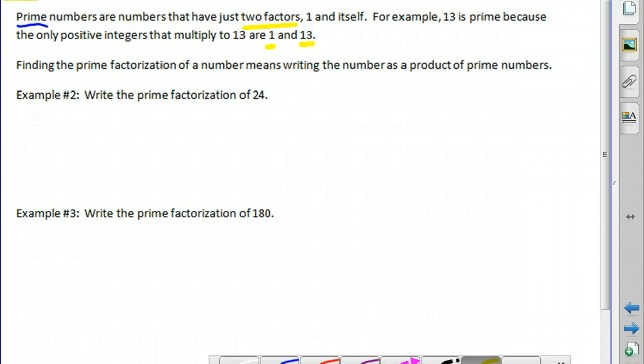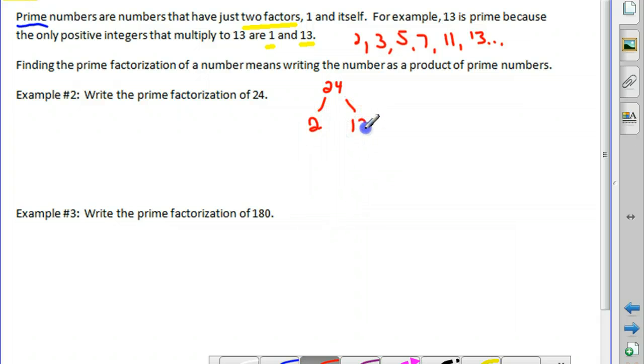So what we're going to do here is find the prime factorization of a number, which means we're going to write the number as a product of primes. And the way I like to do this is to use what I call a factor tree. So we're going to figure out the first prime number, and here's a list of prime numbers: 2, 3, 5, 7, 11, 13, and so on. There's an infinite number of prime numbers. But we're going to figure out which of these prime numbers we know for sure goes into 24, and since 24 is even, we know 2 goes into 24, and 24 divided by 2 is 12, so here's branches